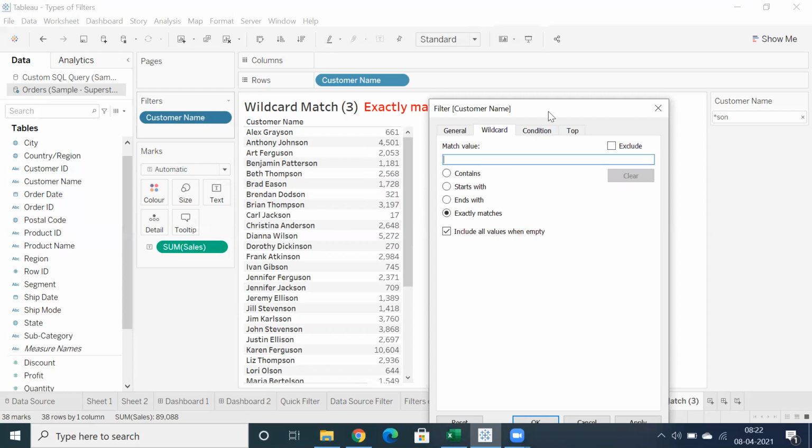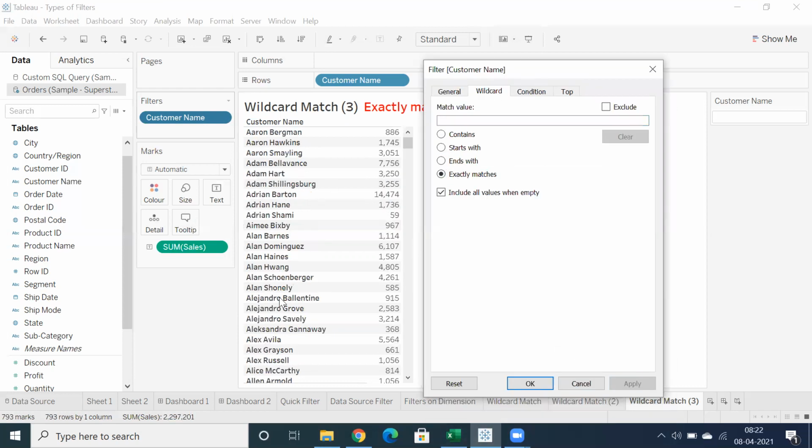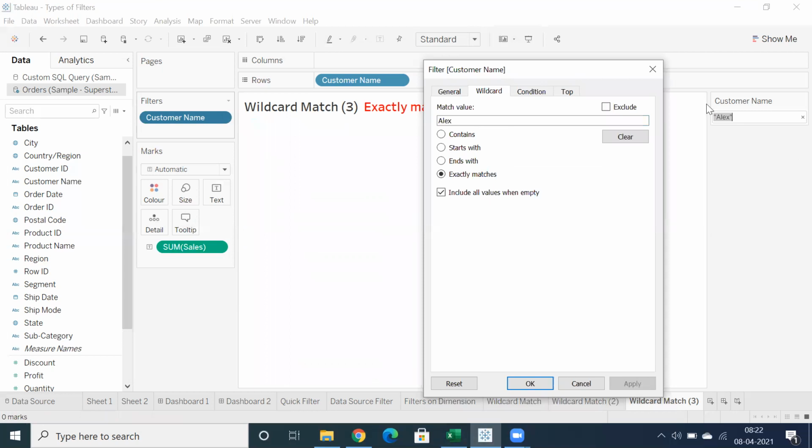So let me apply here. I didn't type anything. I'm just searching for a short name here. Let me search for Alex. Click apply. So when you search for Alex, I don't have any data. I'm not getting any data, but you can see when you type in Alex, you're getting it in double quotes.